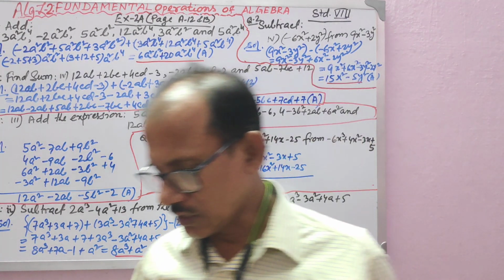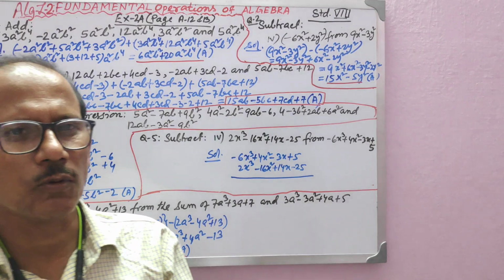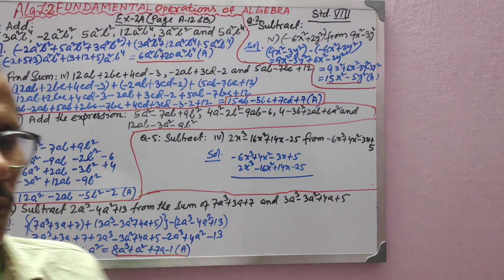Okay, fine. Let us take question number, lesson 2, exercise 2, page number 8, 12, and 13. Question number 1, I have taken the fourth one. See, there are some monomial expressions, and we'll have to add all those monomial expressions.